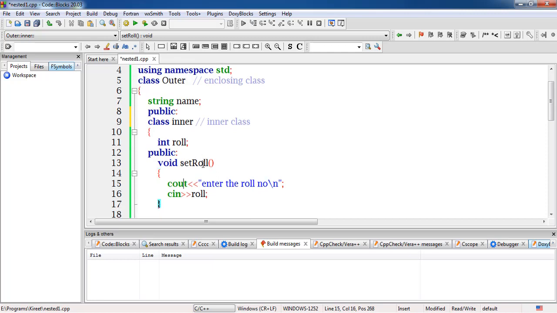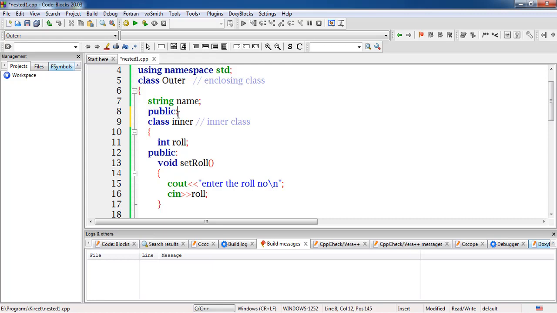the member functions. So the data member that we declared in this inner class is ROLL, and the member function that we declared inside this inner class is set ROLL. So this ROLL will also be treated as a member of this outer class now. So this inner class as a whole is a member, just like a member. All the things that are inside this inner class will also be treated as a member of the outer class. So in the previous example we just put this inner class in the public domain.